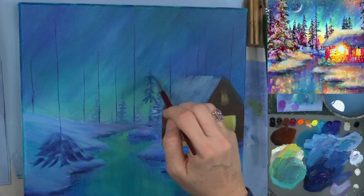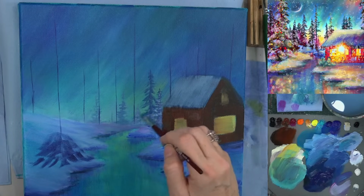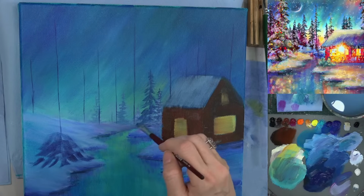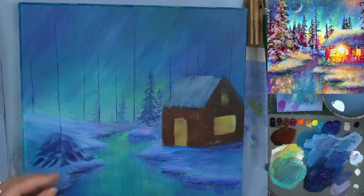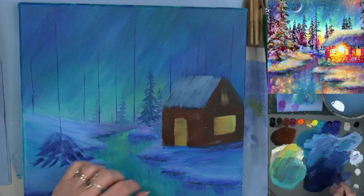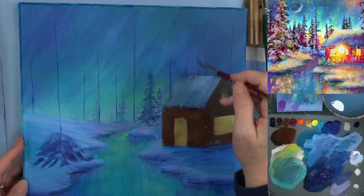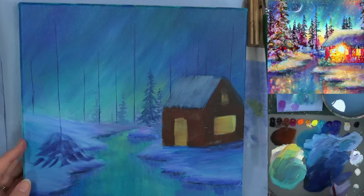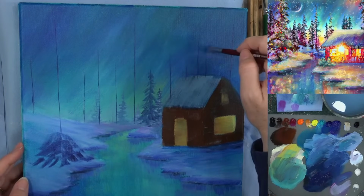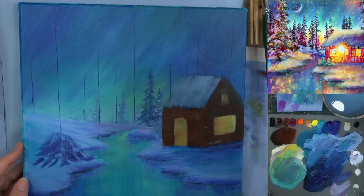We'll have two factors plus the overlapping of the trees in the background here. Well, three factors that create depth and create distance here in our trees. The three main things are